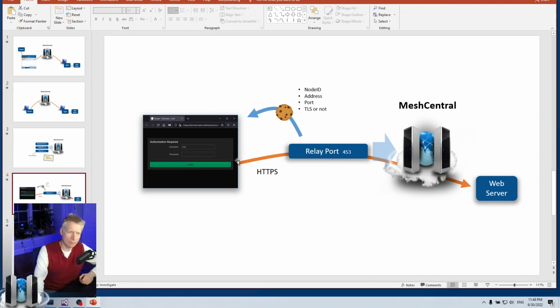So you may get a session cookie saying that you're logged into your router or something like that. So you have a home router, for example, and you log into that home router. The home router may give you a cookie, but you'll never see it on the browser. It will be kept inside the session here. And then every time the browser makes a request, the relay port will add that cookie and send that over to the server. So that's another interesting point here.